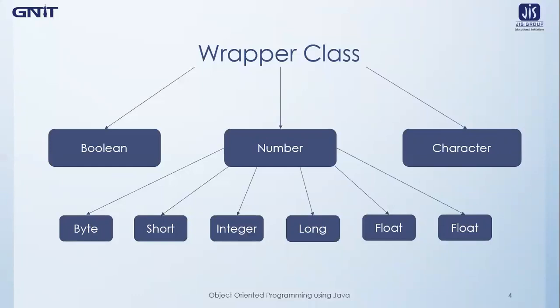These wrapper classes are used to convert any primitive data type into an object, and the opposite can also be done using wrapper classes. That means to get back the original data type from the object, we also use wrapper classes. The primitive data types that we use in the Java programming language are not objects. They do not belong to any class. They are defined in the language itself.